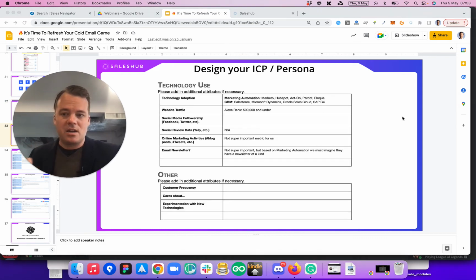So another aspect is to use something like techtracker.io. So we're going to say, okay, we are only targeting companies using Marketo, HubSpot, Act-On, Pardot, Eloqua, and marketing automation, as well as CRM, Salesforce, Microsoft Dynamics, Oracle, Pipedrive, you name it. So you want to narrow it down to understand what companies are using your technology, because when you reach out,